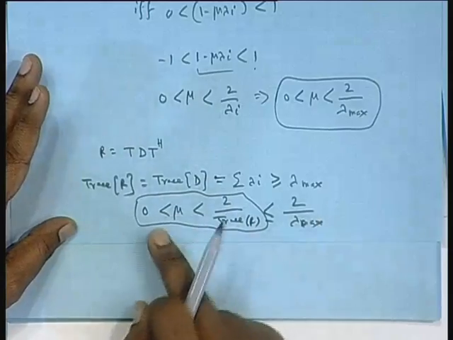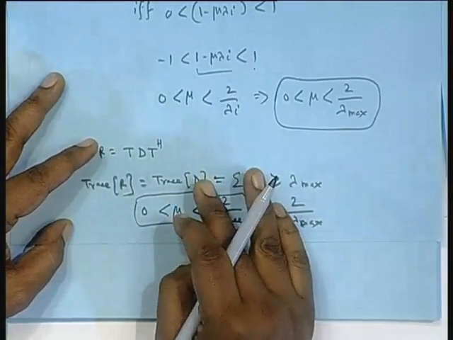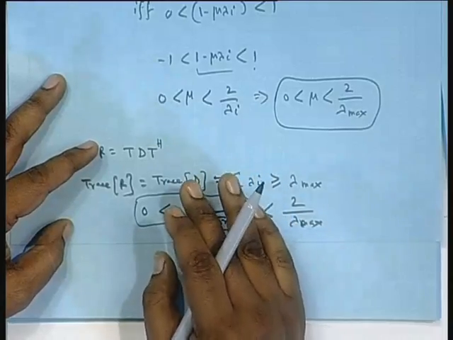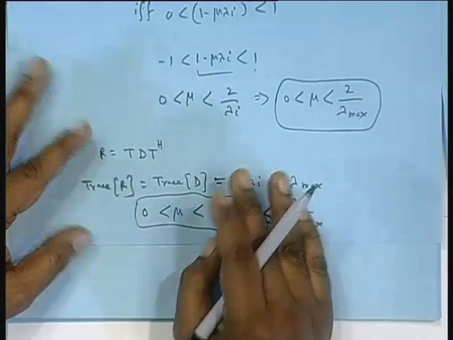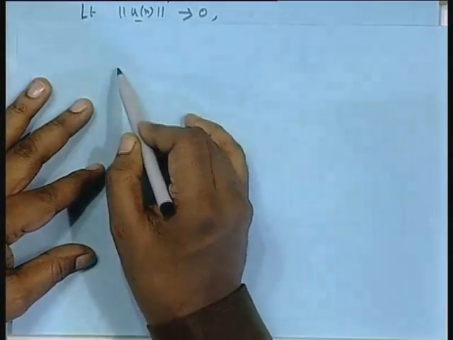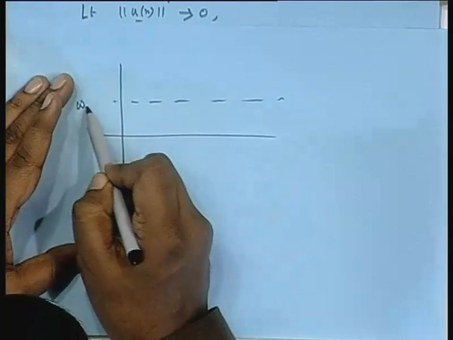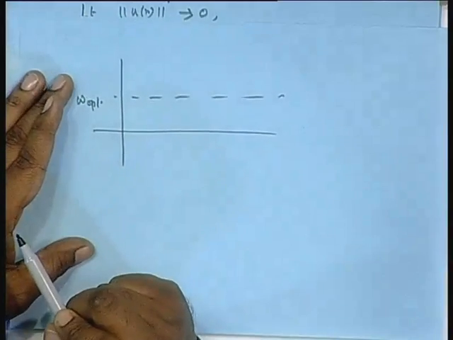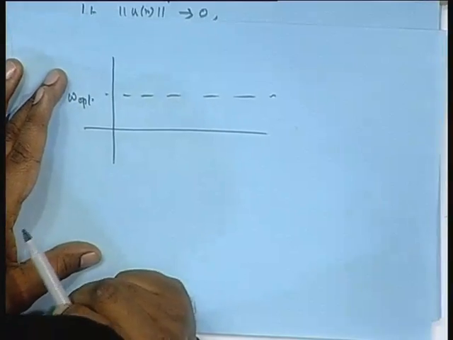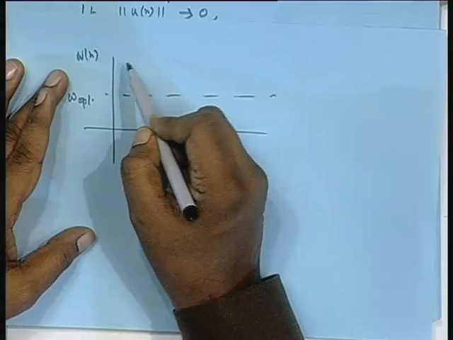If you choose mu within this zone, you will see it is converging in mean, but this is not enough. You have to ensure that it converges in mean square also. Mean square means, now I understand what is the physical implication of this. If you take just a single weight case, because I cannot draw for multiple weights, suppose this is the W opt, this will mean that Wn is fluctuating.